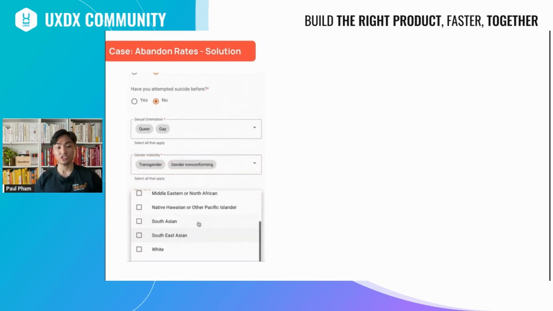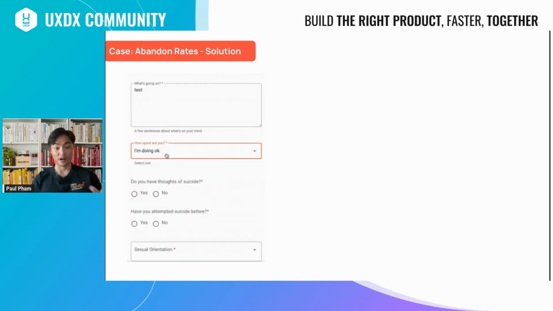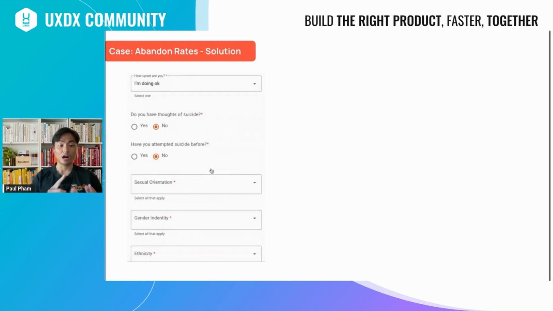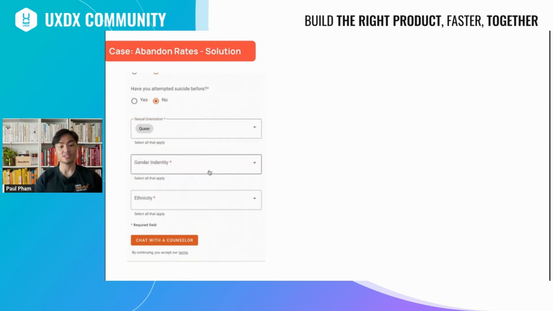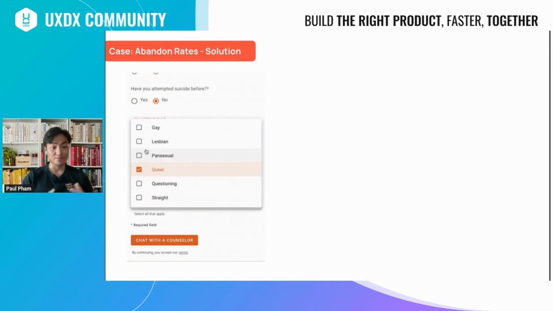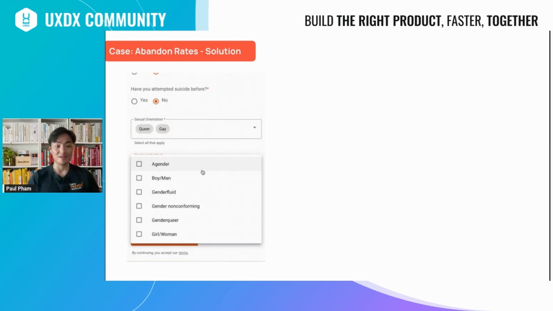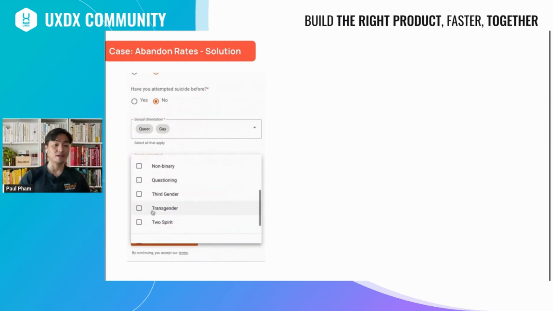We have a bunch of questions here. What you see right now is a user selecting demographic data, and other questions that we ask are what's going on, how upset are you, do you have thoughts of suicide, have you attempted suicide before? These questions total about 7 different questions. So we thought maybe this is where we can improve in our user journey, where maybe fewer questions would be better. And so what we decided to do was compare our data with another service that we provide,